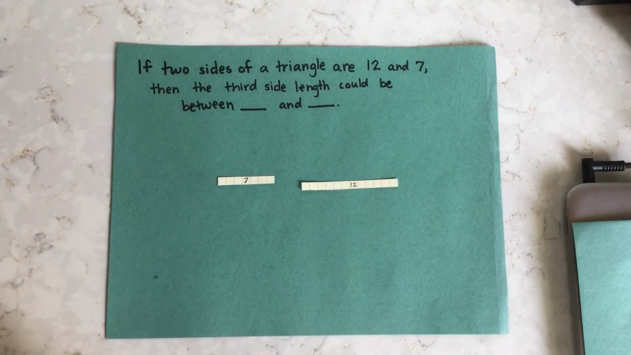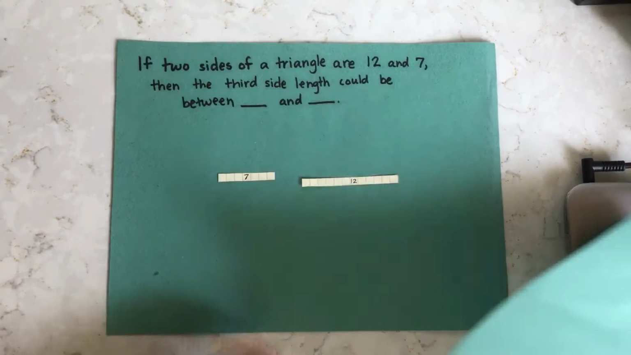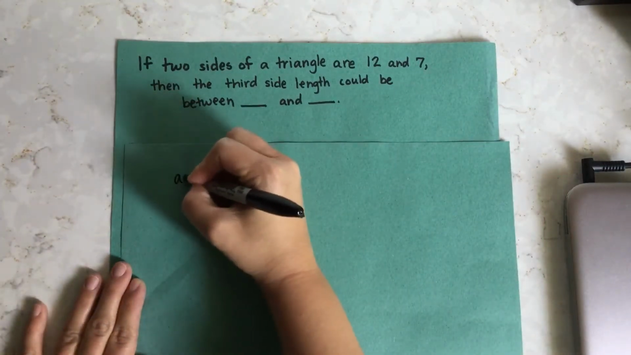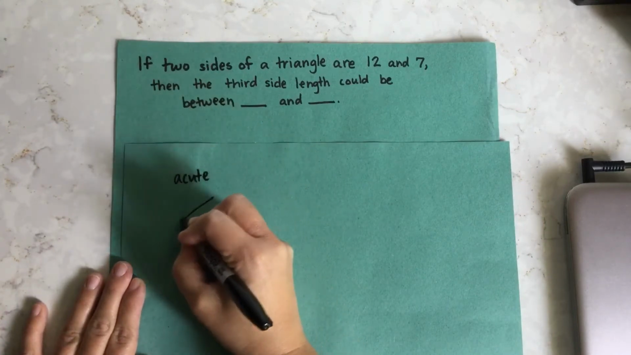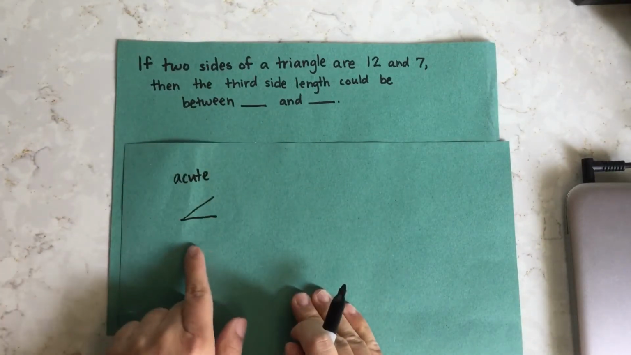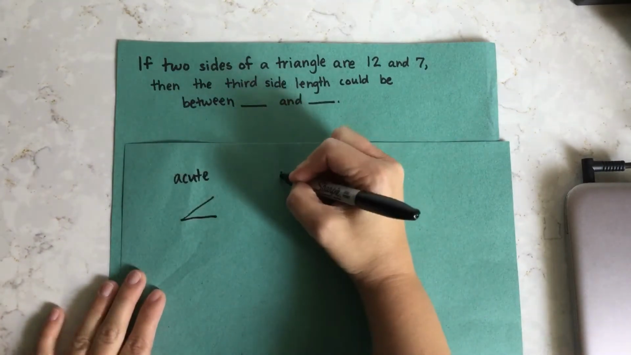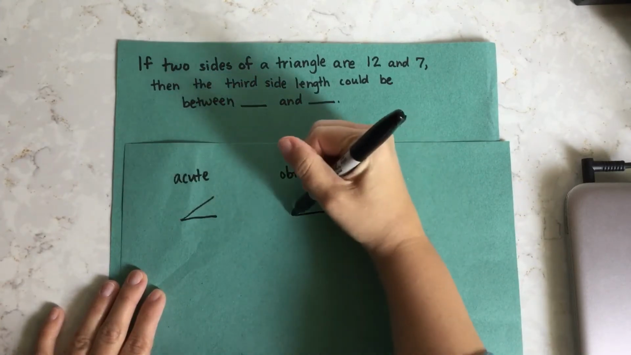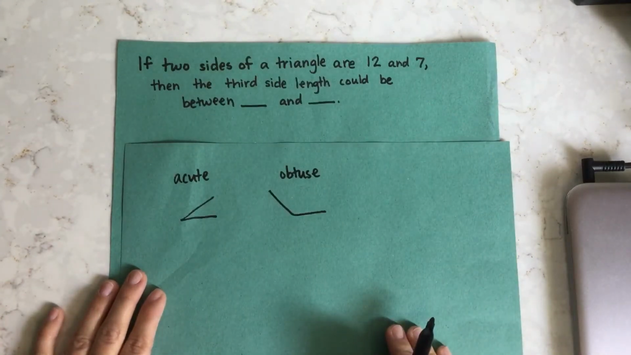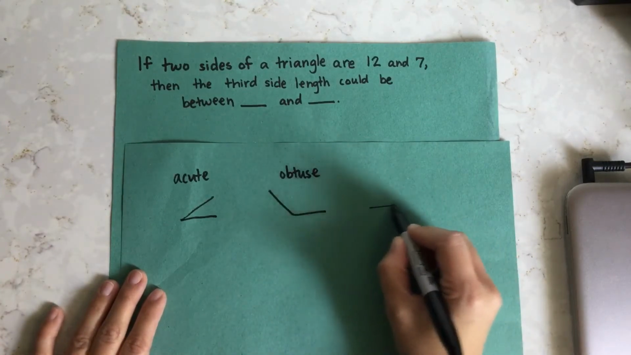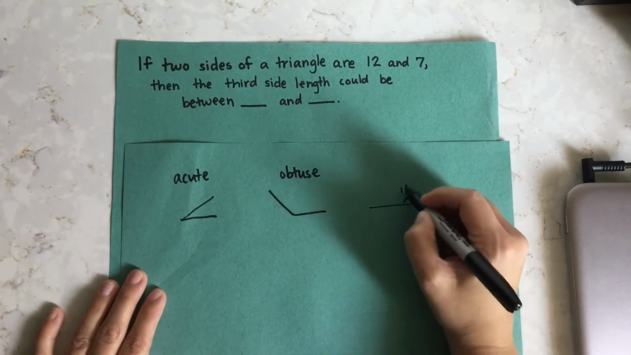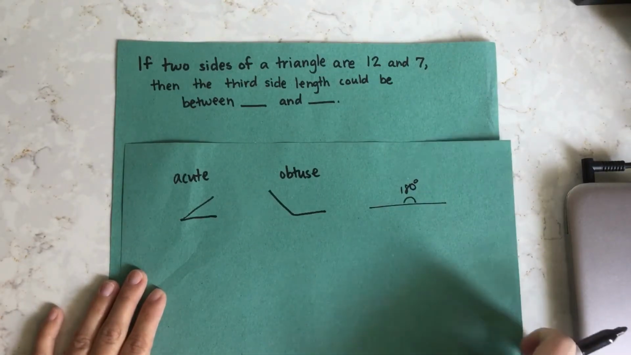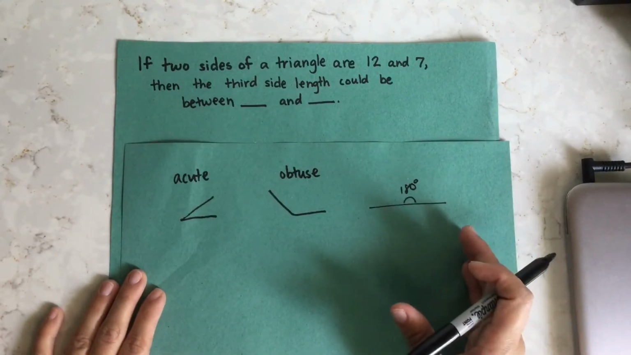So what I want to do is look at a couple things. Remember that we have acute angles, those are smaller than 90 degrees, and we have obtuse angles, those are going to be greater than 90 degrees. And then of course you have a straight angle, which is a line, which is going to be exactly 180 degrees. Okay, so when you think about a triangle